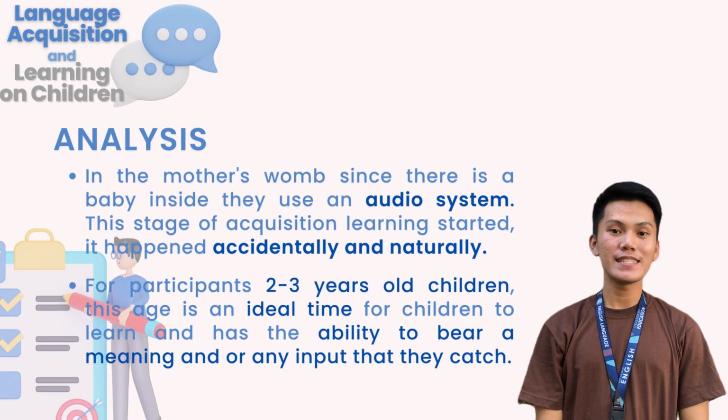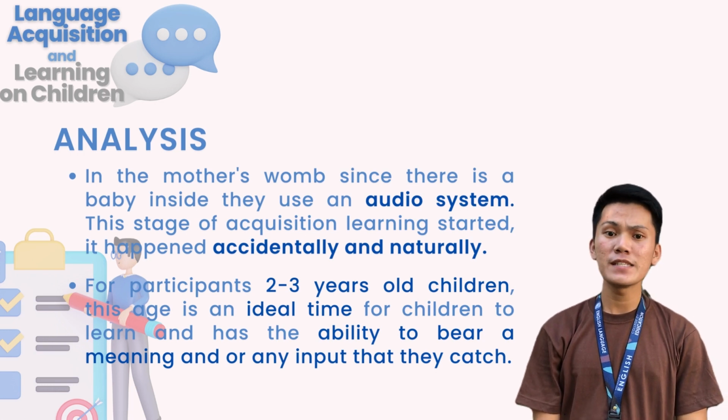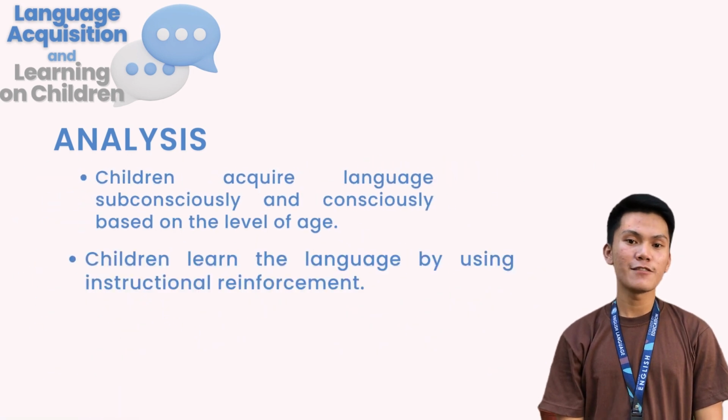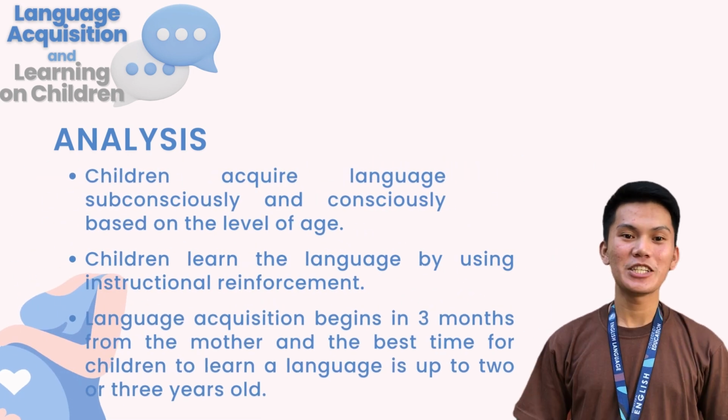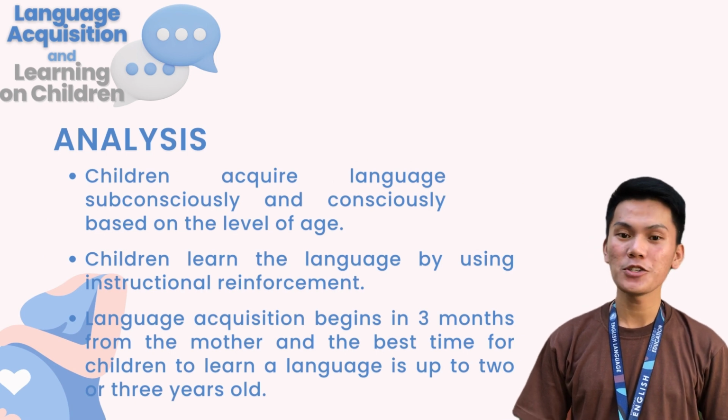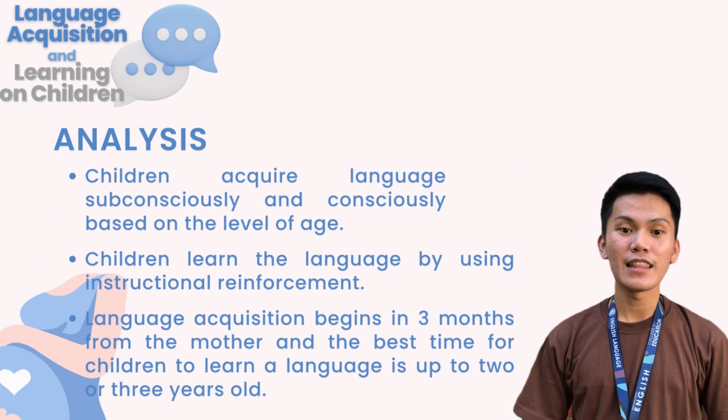Children acquire language just the same as an adult learning the language, although there will be some constraints faced by the adult concerned with the first language, because an adult has a strong basic first language, unlike children. Children acquire subconsciously, as they do not yet have the capability of understanding the situation, self and belief, unconsciously based on the level of age.